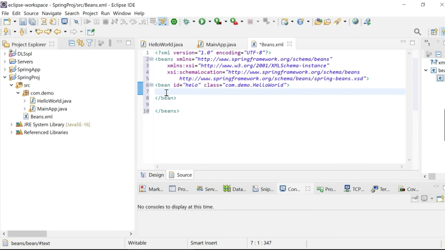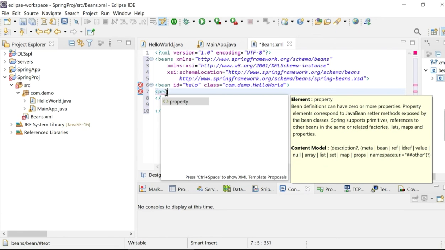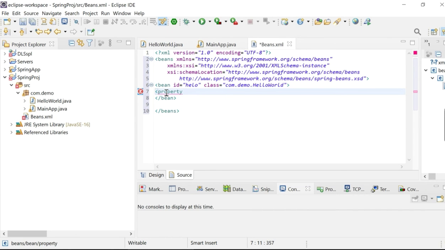In this bean we are going to assign the value for this variable. We use a tag called property, and it has two attributes. One is name, which holds the variable name, and the other one is value, which holds the value for the variable.